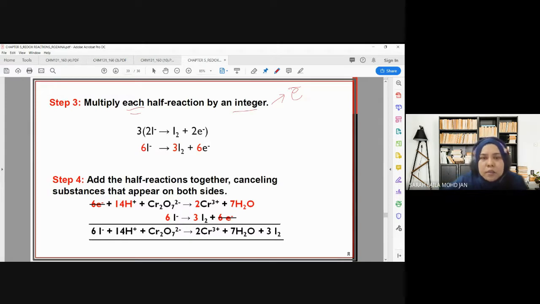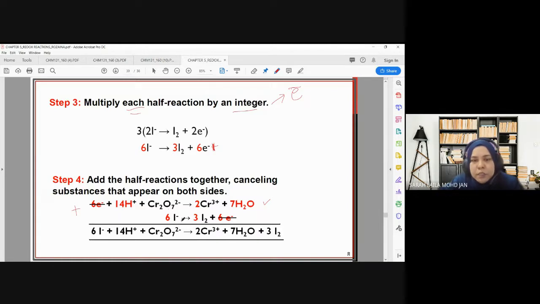Okay. So yang the other one tu you tak perlu adjust dah, sama saja yang macam ni. Yang kita kena adjust adalah yang bawah sebab kita nak samakan bilangan elektron. Okay. So elektron dah sama, so new equation, half equation dia jadi macam ni. And then baru kita masuk kepada step number 4, which is we have to cancel the substance that appear in both sides. Kita tambahkan these two half reaction together,